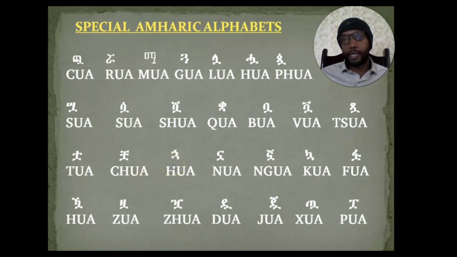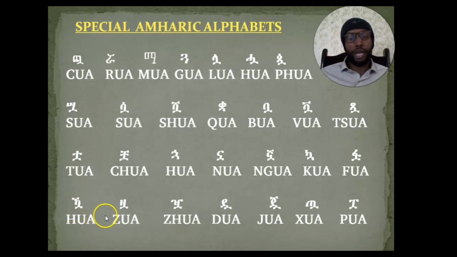They can be used interchangeably. If you want to write a word starting with Hua, you can use either one of the two. Both of them are similar. We have said that from the 34 basic Amharic alphabets, there are ha similar to ha, like ha, like sa. There are two ha. That's why this one is also Hua. They can be used interchangeably. So this Hua comes from the basic alphabet called ha.